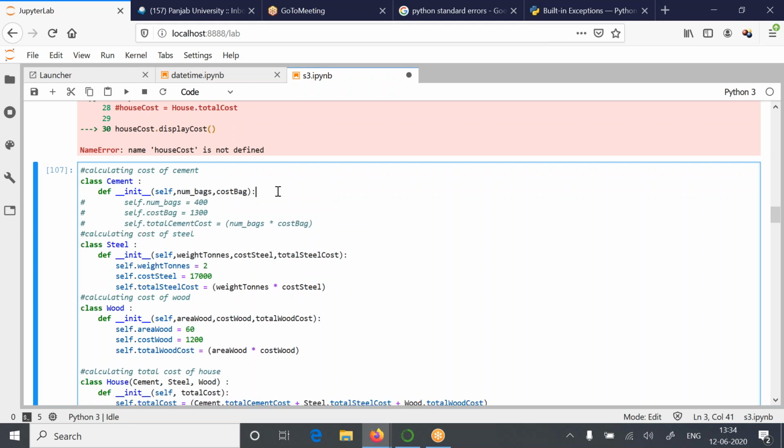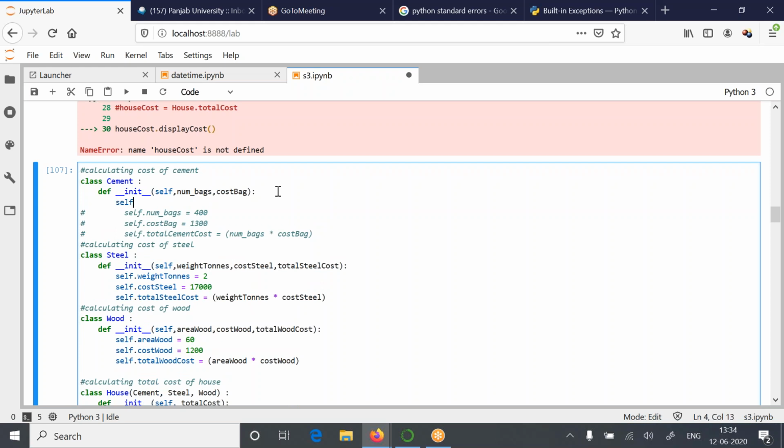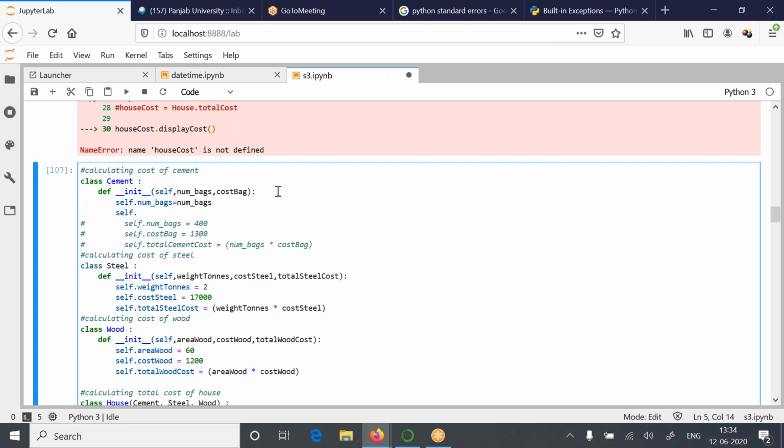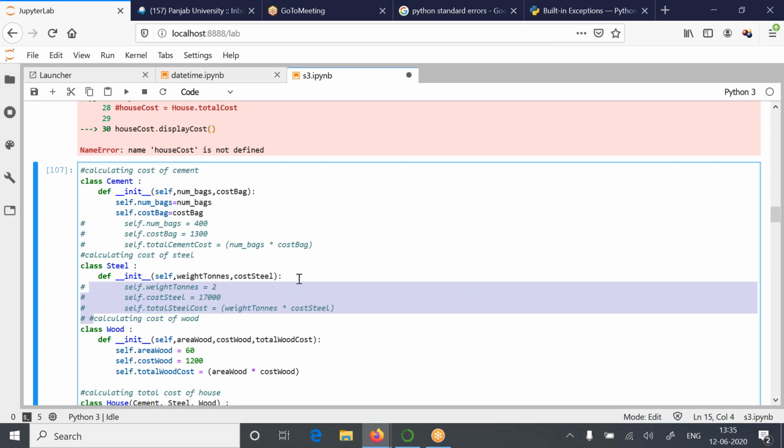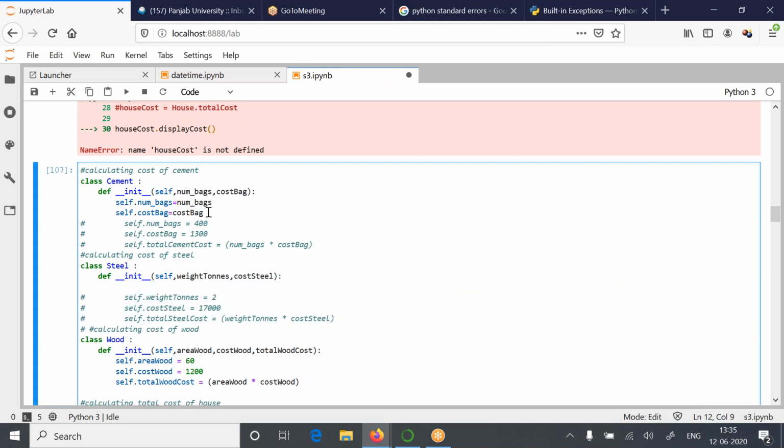So you should simply write self dot number of bags is equal to number of bags, and self dot cost bag is equal to cost bag. And similarly, you need to delete this thing also. I'll make these things comment, and